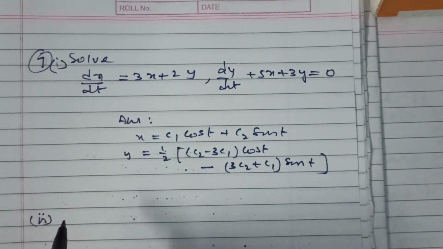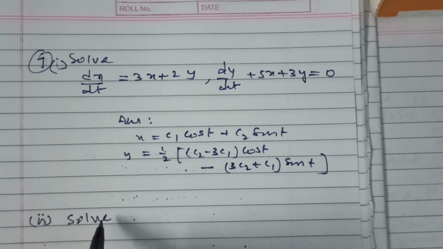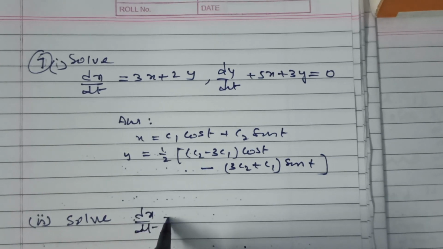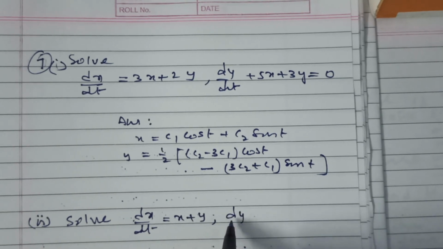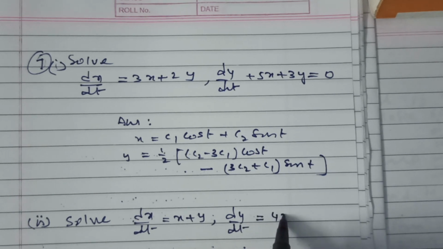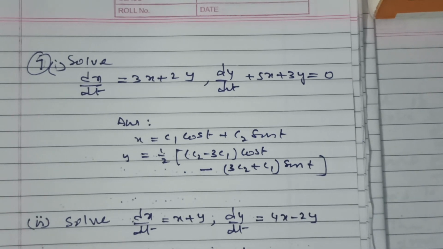Second problem is solve dx/dt = x + y, dy/dt = 4x - 2y. So take this problem also as homework,